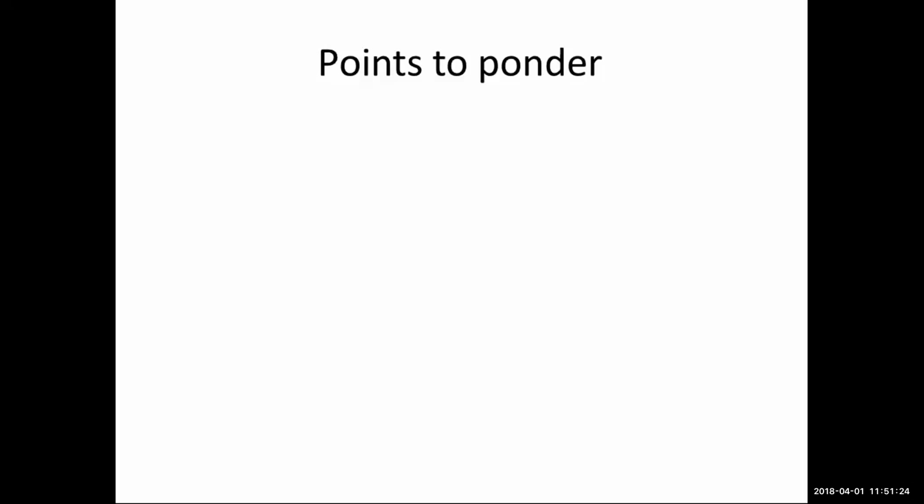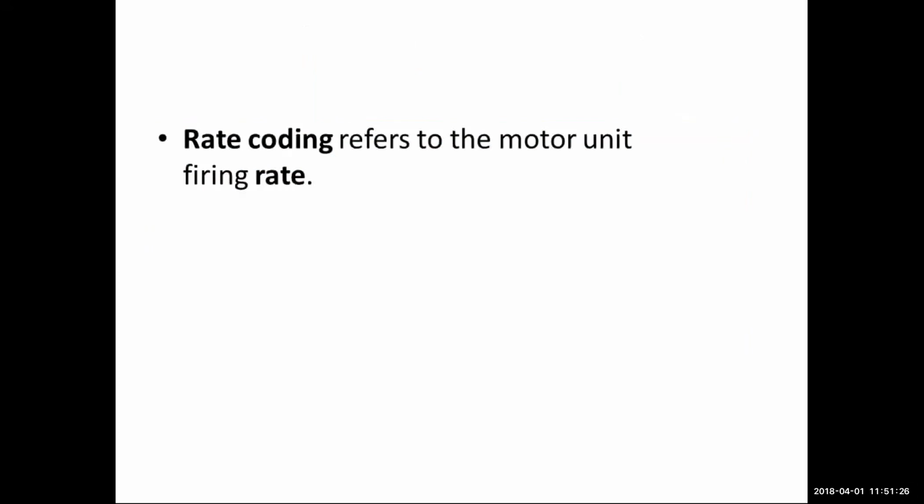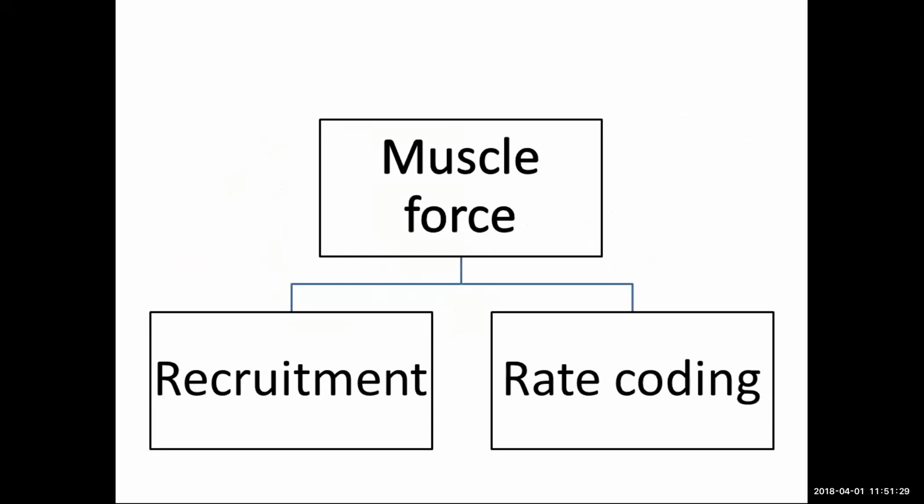So to sum up, if you are trying to understand muscle force, there are only two ways the neurons seem to be able to control it. One is through recruitment, another one is through rate coding, right? And remember, there is no other alternative. We have to work under these two assumptions of how the brain will control your movements,